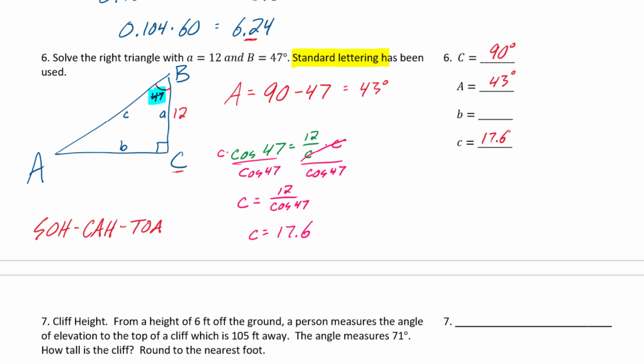All right, now solving for side B, we've got a couple of options. We could actually switch and use that as a reference, or at this point we have 2 out of the 3 and we could use Pythagorean theorem. So I'd kind of leave that up to you, but just to show how each of those